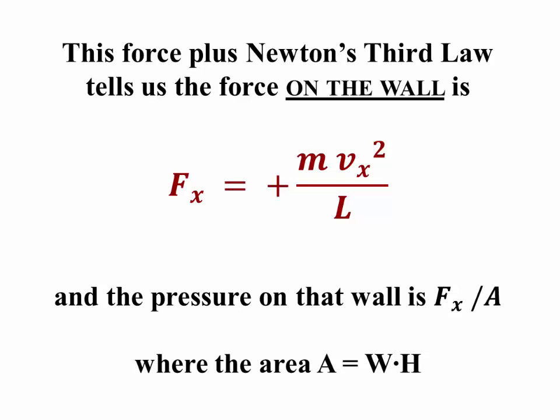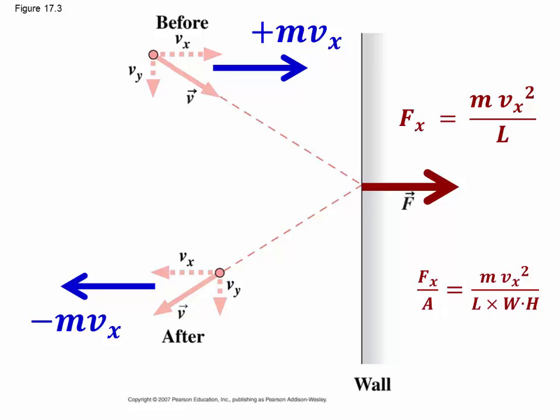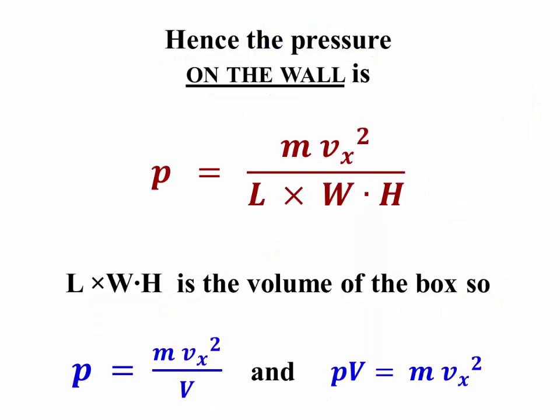Okay, so what happens to the wall? Well, if the wall pushes on the gas, the gas must push on the wall. Newton's third law tells us that the force on the wall will be in the opposite direction, that is plus, and have the same magnitude, mvx squared over L. And of course we know that pressure is force over area, and we know the area is the width times the height. So if we combine these together, we see that that change in momentum results in a force on the wall of mvx squared over L, and a pressure that's going to be that divided by the width times the height. That result, that the pressure on the wall is mv squared over the volume,